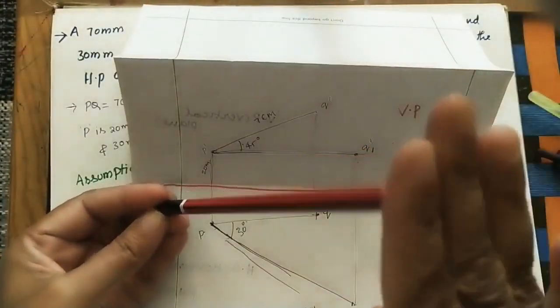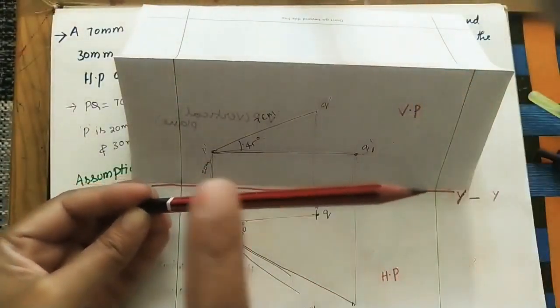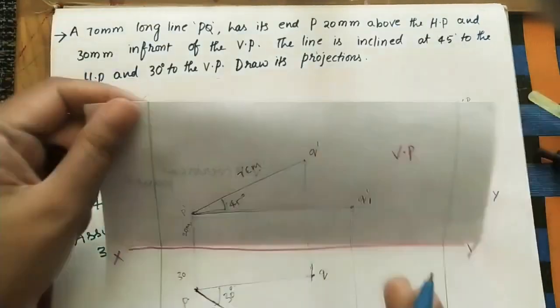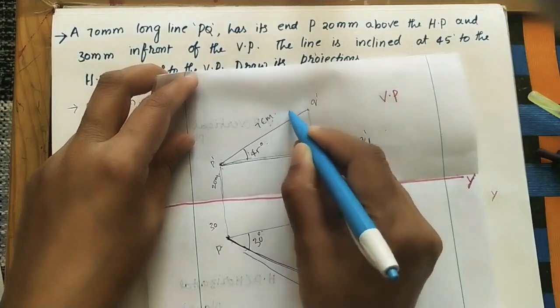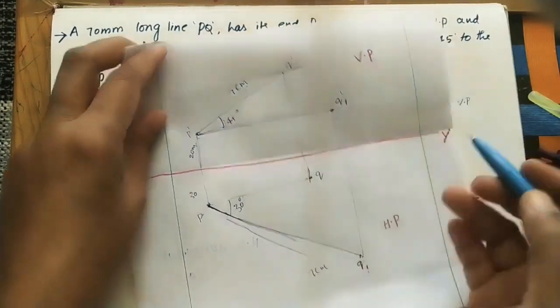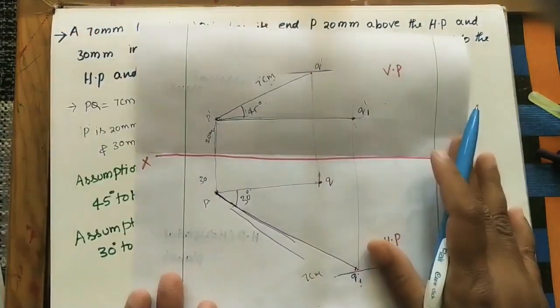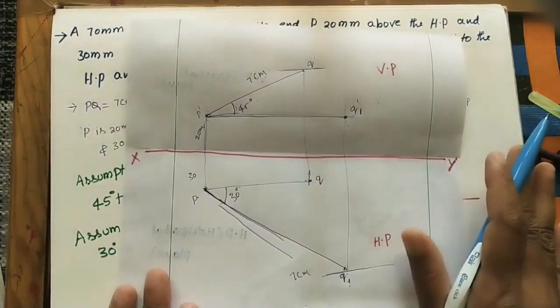It is turning on the same plane. Plane means it is looking like a line in the front view as well as in the top view. So here I will do one line, the locus of all Q points. Here the locus of all Q points in the top view. Same diagram in the sheet for getting the final front view and final top view.